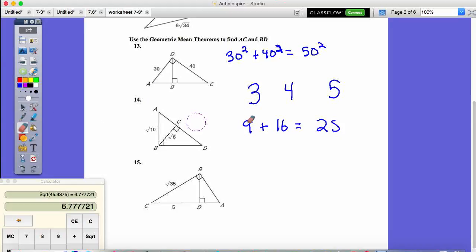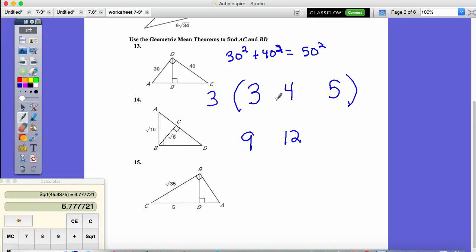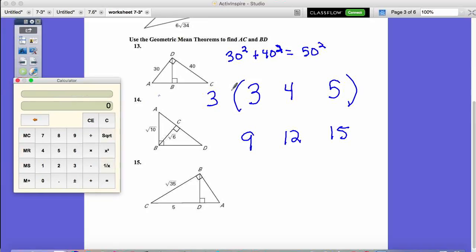Because you learned that 3, 4, and 5 are going to make a right triangle, if you take 3 and 4 and 5 and multiply them all by the same number, so let's say you multiply by 3, 3 times 3 is 9, 3 times 4 is 12, and 3 times 5 is 15, you're again going to have a